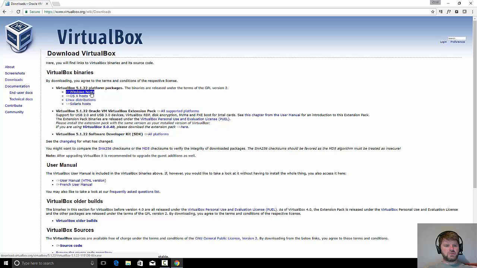And you can use Windows, OS X, Linux, or Solaris as your host machines. That's what's running on your, I'll use the term bare metal again, but that's your host operating system. Most likely you're going to have a Windows host. This tutorial is specifically based on Windows 10 as the host platform, so we'll click on that. And as that downloads, there's a second piece to this for